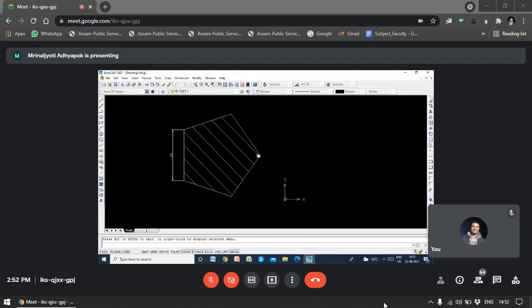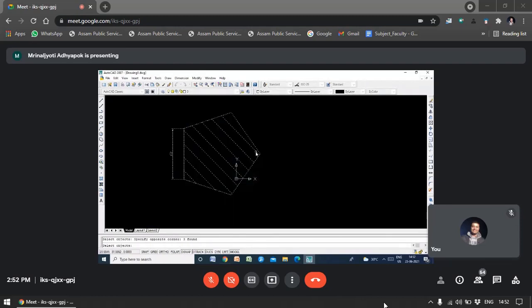Now suppose you want to stretch this portion, then what you are going to do? Simply write down stretch, STRETCH, stretch. After that, you are going to select this. Then you are going to specify the 2 points. Here you can select, and opposite corner here you can select. Now, if you click on any point in here, and select any point in here, then automatically this whole thing will be selected.